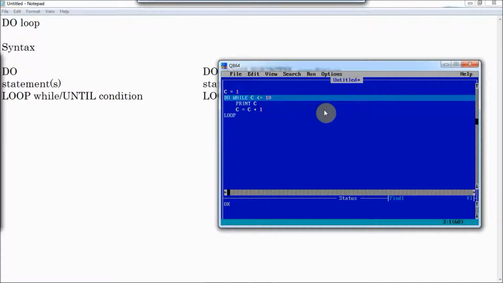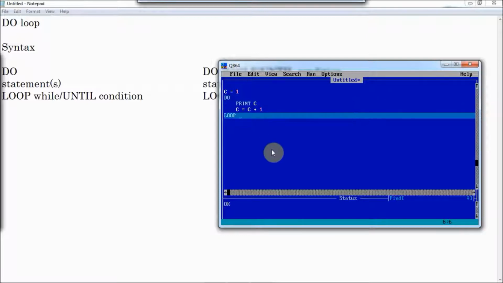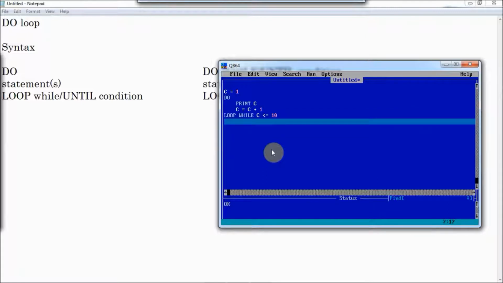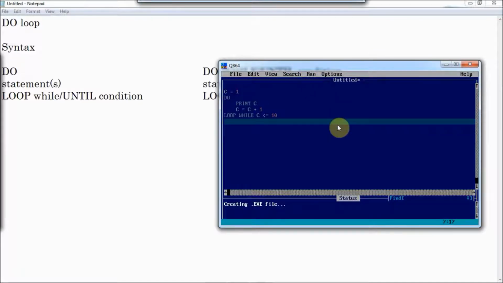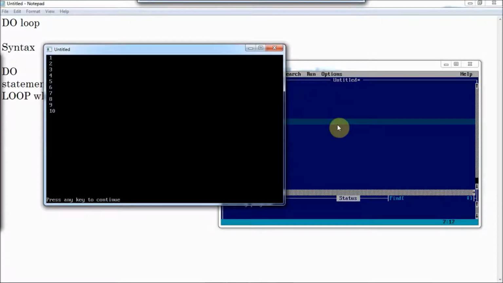This was exactly like last week's program. Now let us convert it into a post test by changing some of the program statements. I'll take this condition to the end of the loop. I'll write over here while C is less than or equals to 10. Let's run this. So you get the same output.